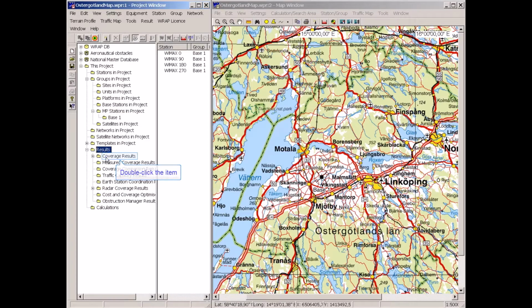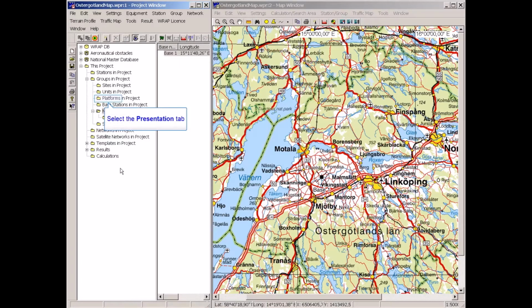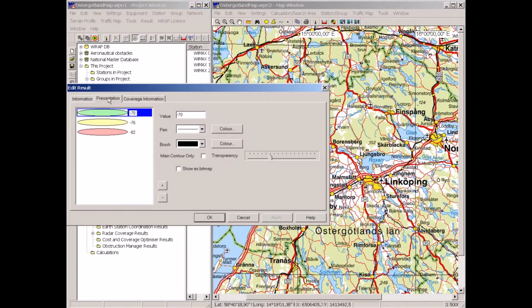Now it's ready. The results appear here, coverage results area, and there are default colors set and levels set for the presentation. Minus 82 dBm is the sensitivity of the receivers of this WiMAX system for about 12 megabit per second capacity on the individual link, and the other colors here represent higher signal levels, and